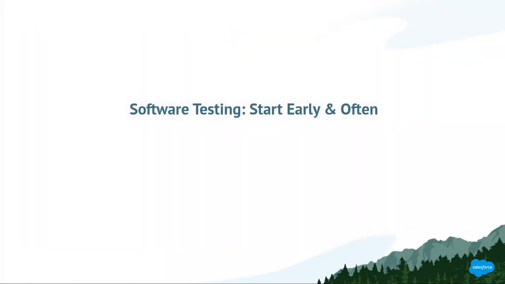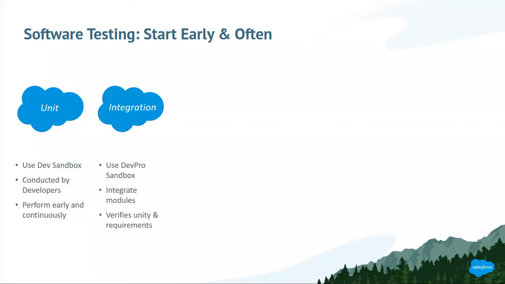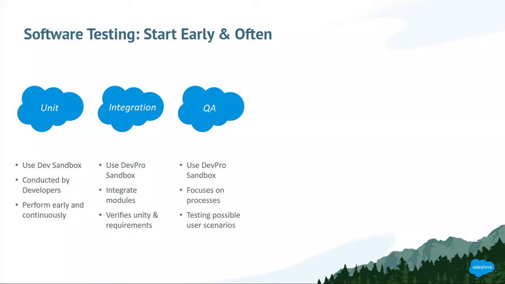All right, so let's talk a little bit about software testing. So when you think about software testing, you've got a lot of different ways of testing out code before it actually gets into production. So one of them is going to be unit testing. And this really starts with the developers writing either unit tests or, as they're coding, kind of testing along the way. Then you have your integration testing, and this is really everybody's putting their code inside a single integration sandbox,